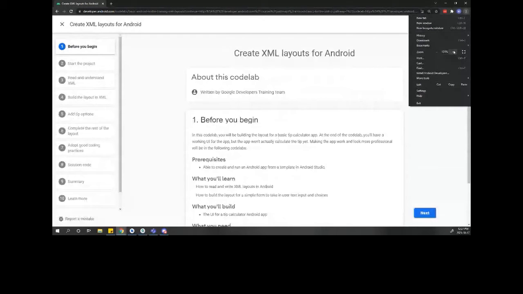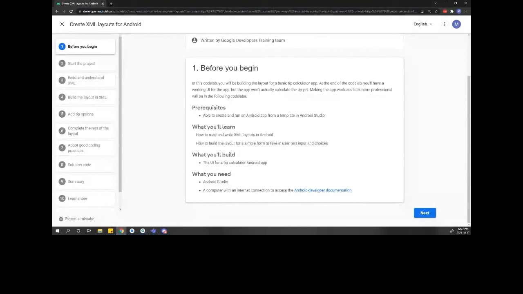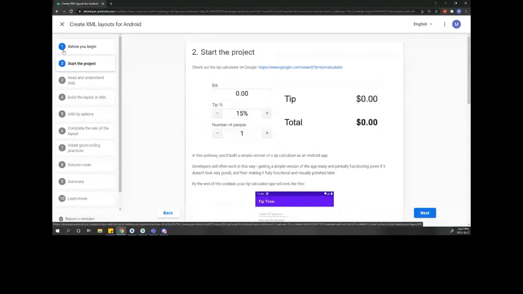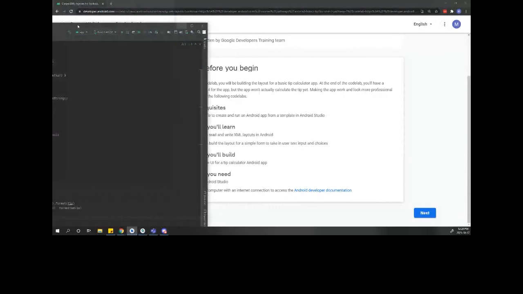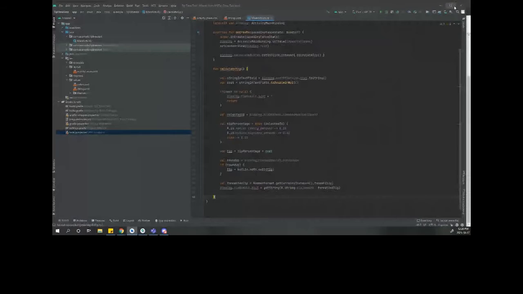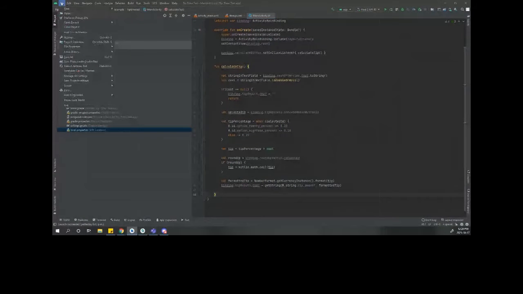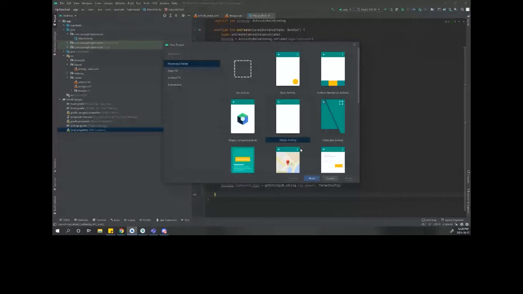So again, our task is that we're just going to be understanding more about XML layouts in Android and how to manipulate that to our advantage. So let's start the project. Actually, before we start the project, let me open up Android Studio. Let's do that together. If you open up Android Studio and you click on File, New Project, you should be able to get the screen, and then you can just click on Empty Activity and click on next,